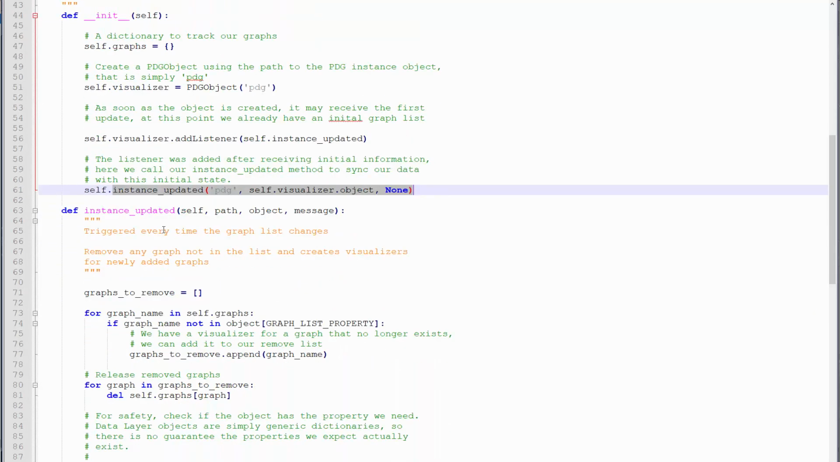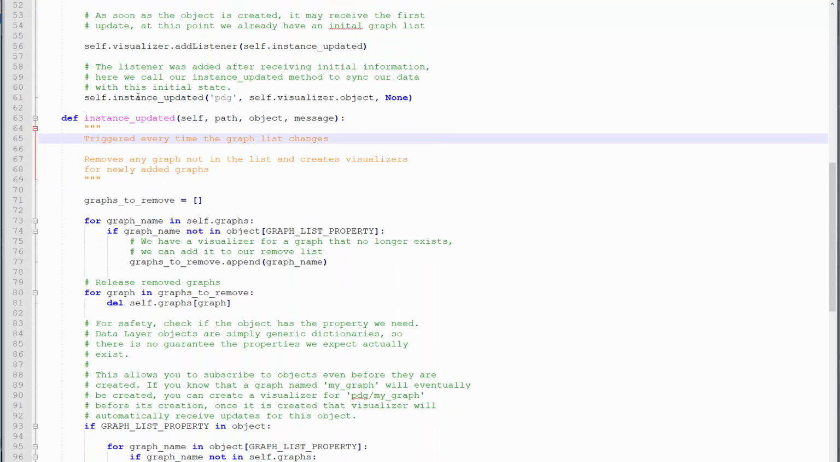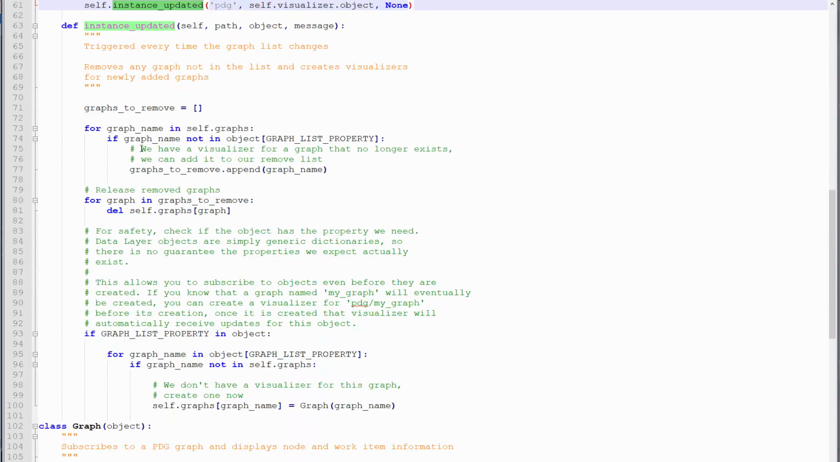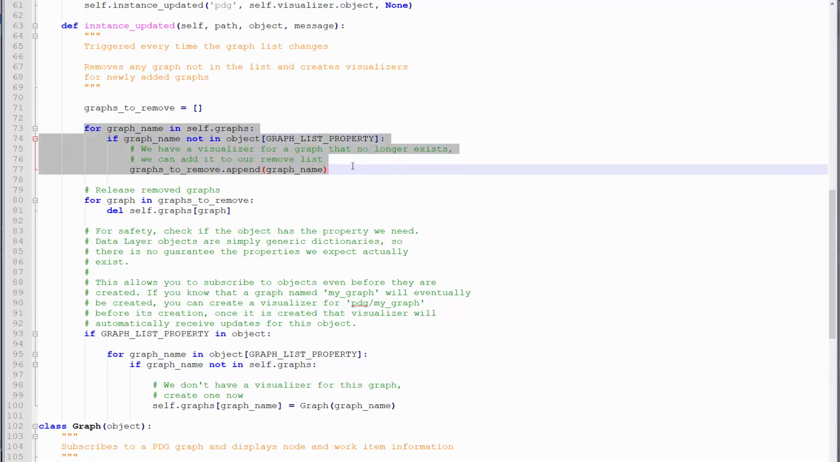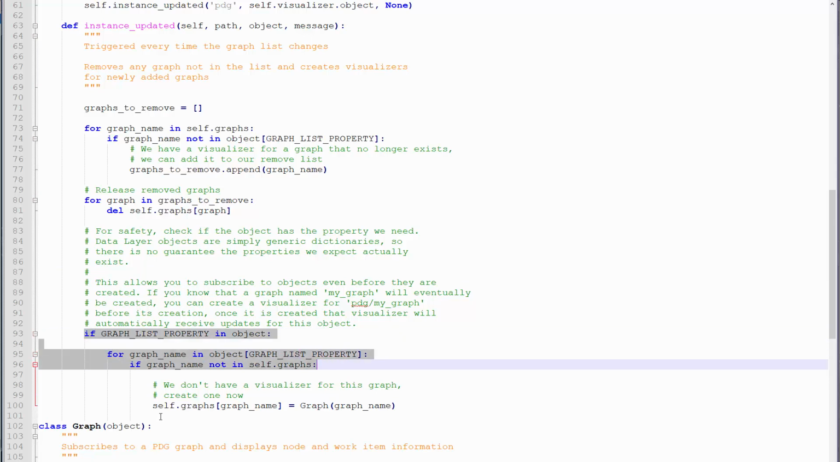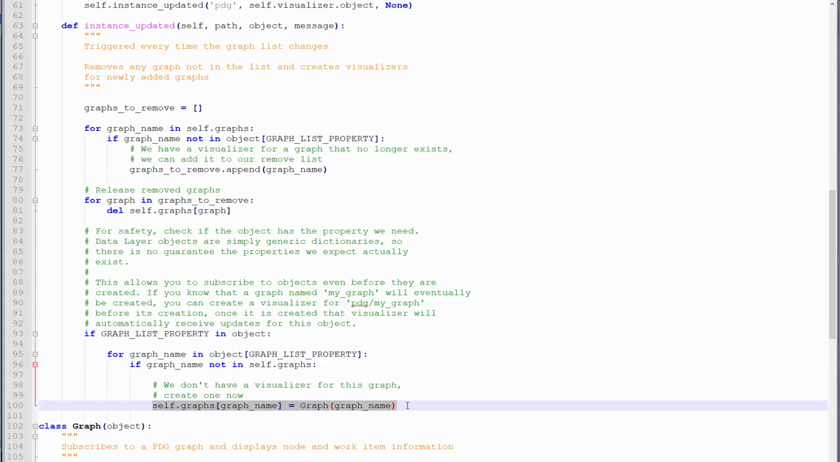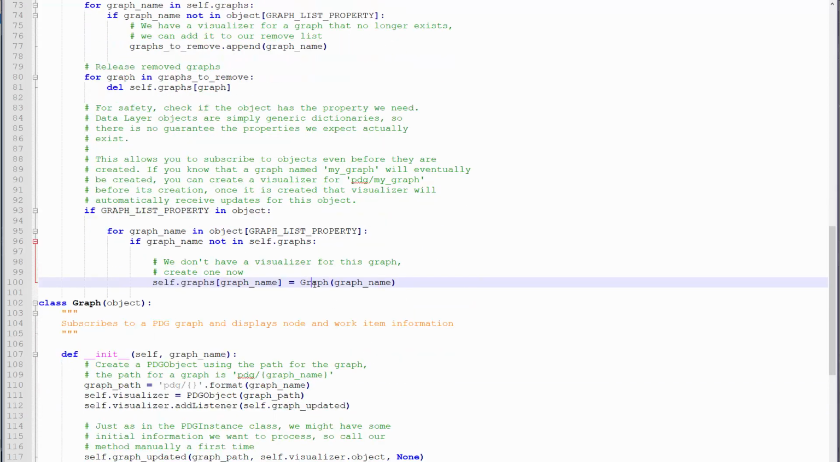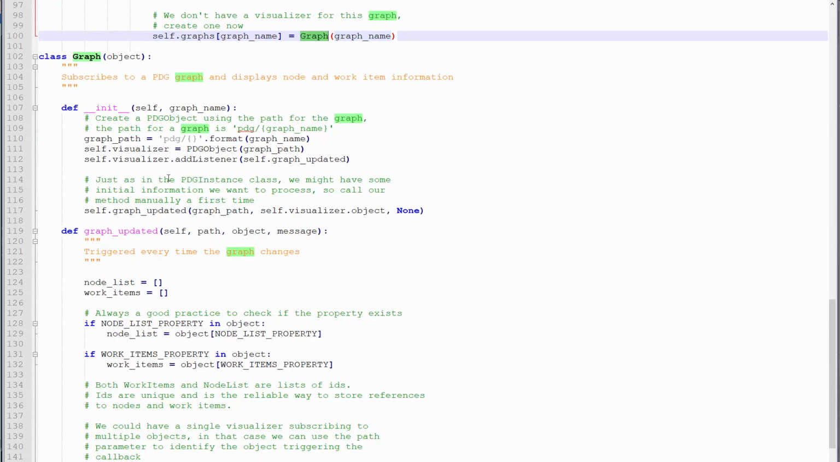The only difference though is that in the instance updated, we start doing further things in here. We start going through all the graphs, right? Removing any that we have that are no longer there, and for any that are present that we don't yet have, we create this graph object on it with the graph name. And what this graph object does, if we go a little bit further, is it starts to express interest again,